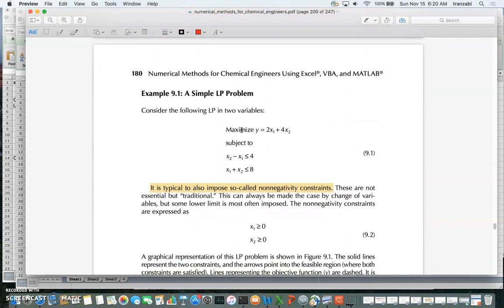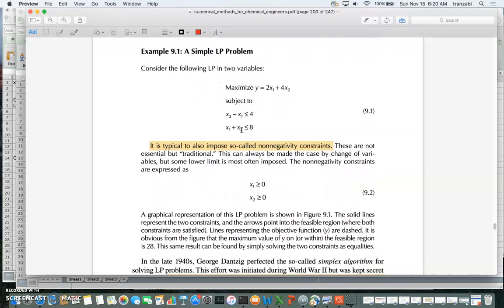Let's look at a very simple mathematical equation. Let's say I want to find the maximum of this function, 2 times x1 plus 4 times x2. Okay, and I have two constraints. I need to have x2 minus x1 to be less than 4, and then x1 plus x2 to be less than 8. Given that these two conditions must be satisfied, I'm interested in finding the maximum of this function,